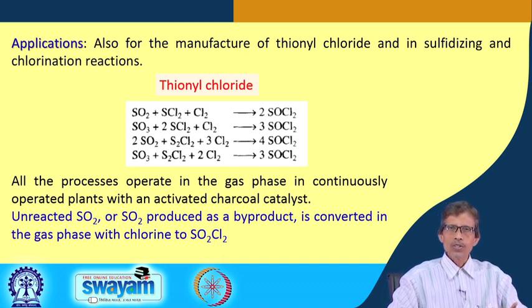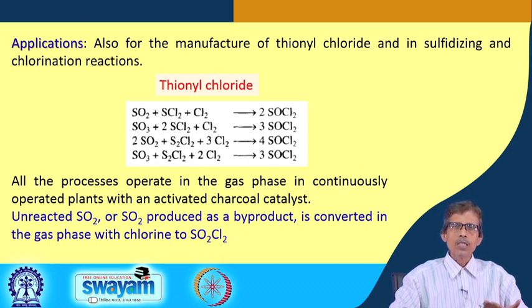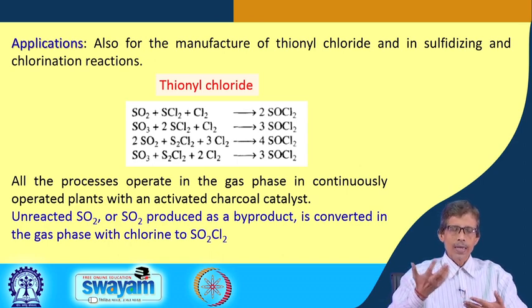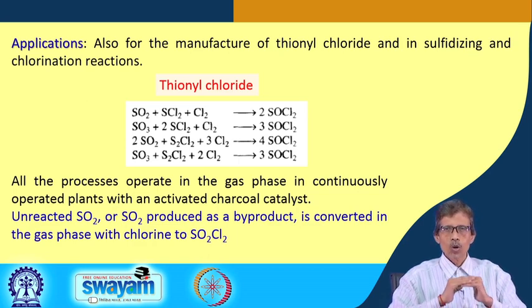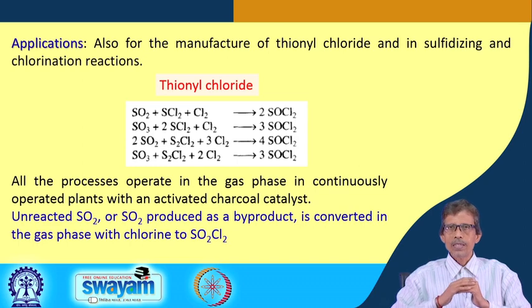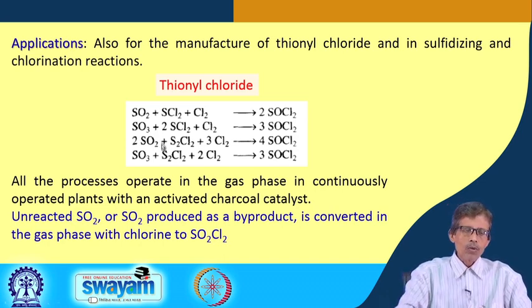You have a huge surface on it and the gas is flowing on the surface of that charcoal. So, charcoal powder is basically giving you an activated surface area, and the gas molecules are adsorbed on it and you get the required conversion. On that particular surface, each and every carbon center is basically trapping those SO2 or SO3 molecules and the other species. Basically these are 3 component reactions, A plus B plus C giving you only one product, which is your D. So, charcoal catalyzed reactions for all these 4 cases can be useful for producing thionyl chloride.